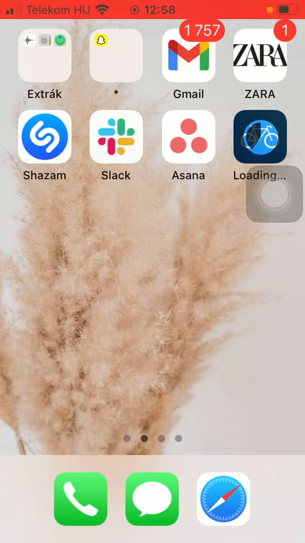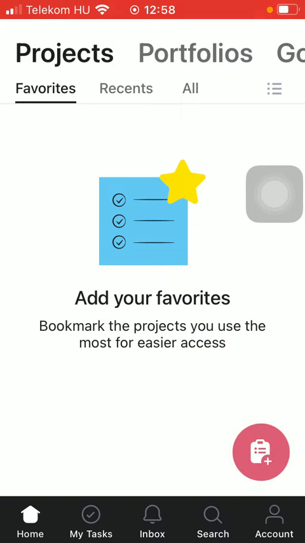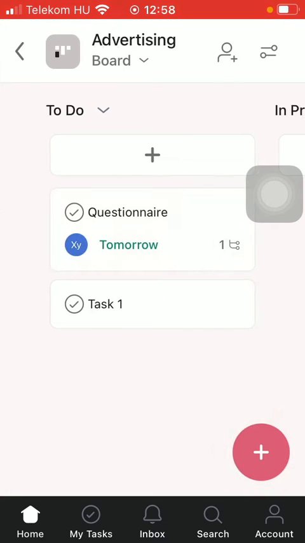So let's jump into it. First of all, open the application on your phone. Then tap on the home button down below, which is the first option. After that, go to the project section at the top and select your project to which you want to add new members. All you have to do is click on that